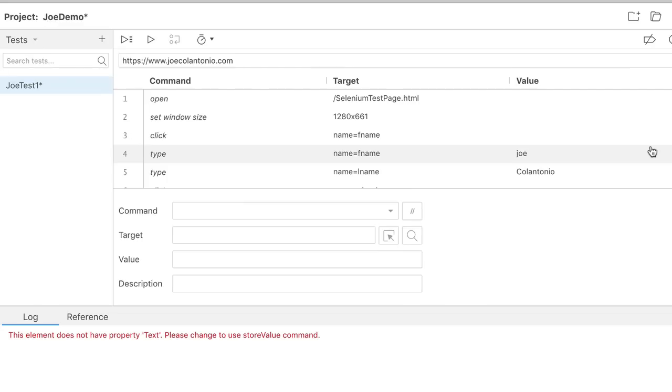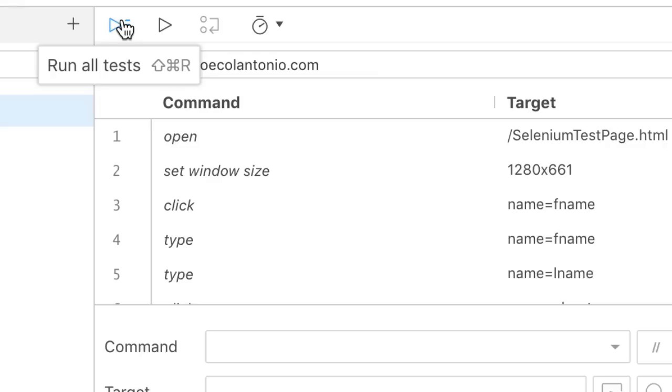All right, so there's different areas within the IDE that I like to break things down into. The first one is the run section. The run section contains a Run All Tests option. So if we had multiple tests, you can run your whole test suite in Selenium IDE by selecting the Run All Tests option. And you also have the Run Current Test. Of course, this is self-explanatory, but Run Current Test would be to run the current test.